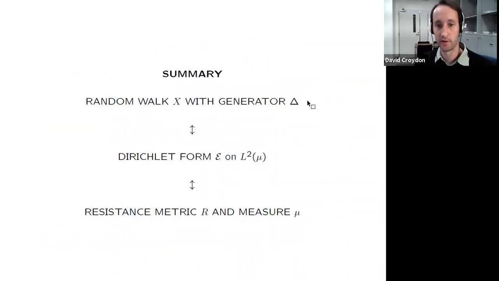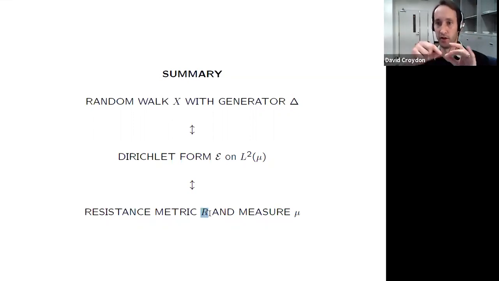If you've studied random walks on graphs before, you probably have met the connections between these and the effective resistance on graphs, electrical potential theory. There are many ways in which we can see this connection. The nice thing is, of course, that on a tree, the resistance metric is just the actual intrinsic metric.